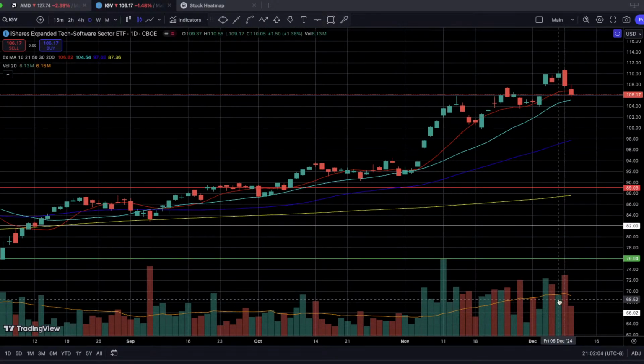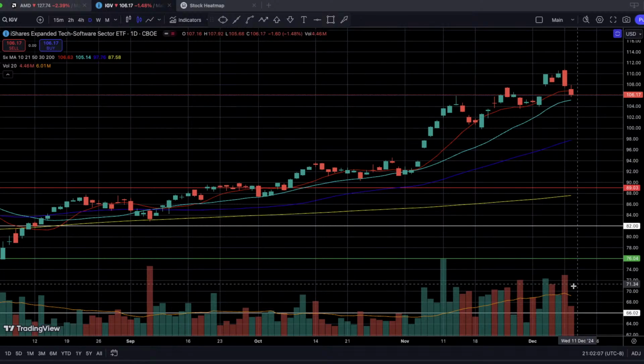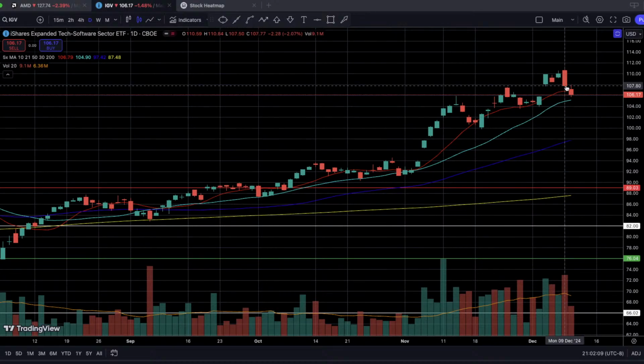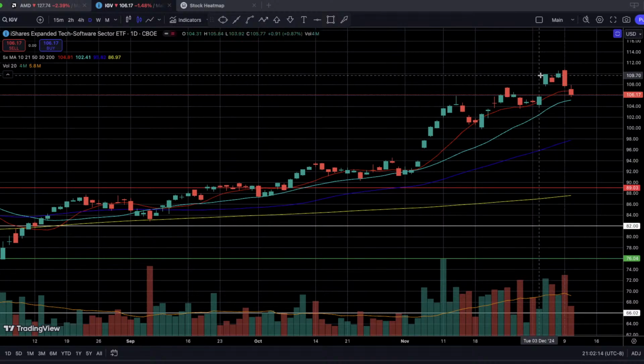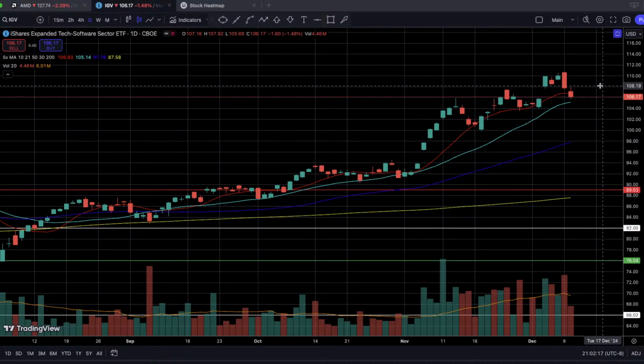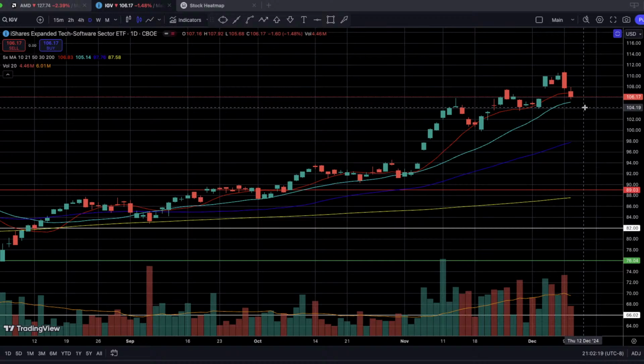We're just seeing an overall exhaustion, profit-taking move back to the downside since yesterday after hitting a new all-time high for the overall tech software sector. So if we start to see a new downtrend in IGV, then I'll be fully confident that the overall tech sector is seeing a correction, and that could set us up as we head into the OPEX for this month of December, which is going to be December 20th. And I've written a lot about that in this week's CFO Swing Watch report.